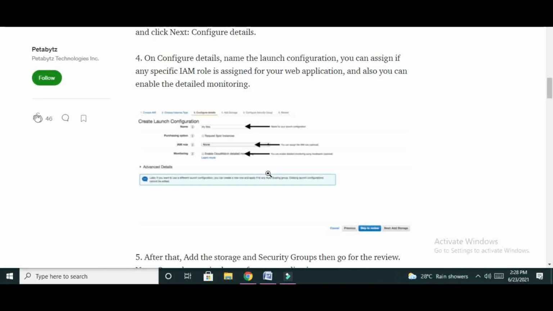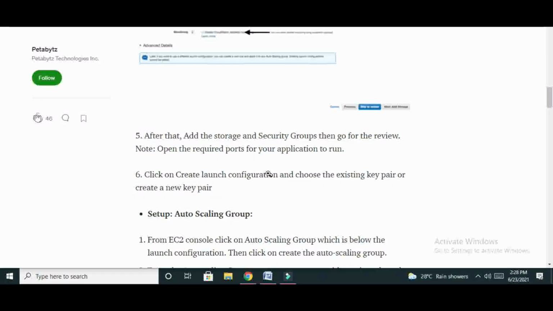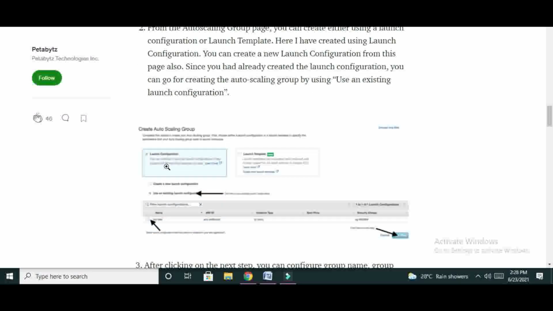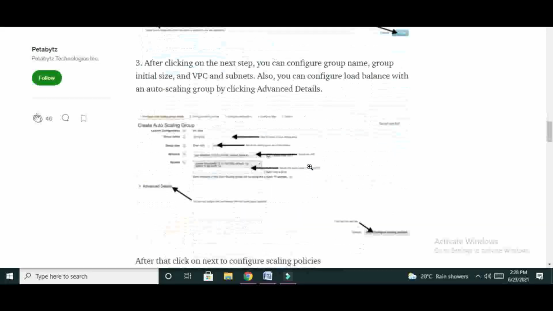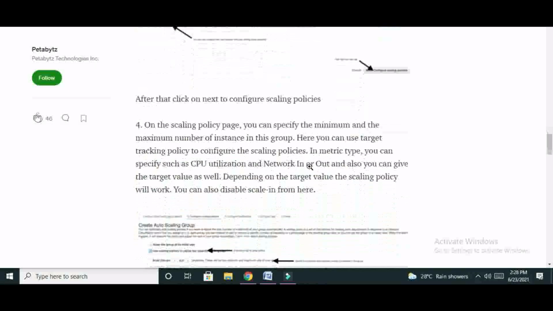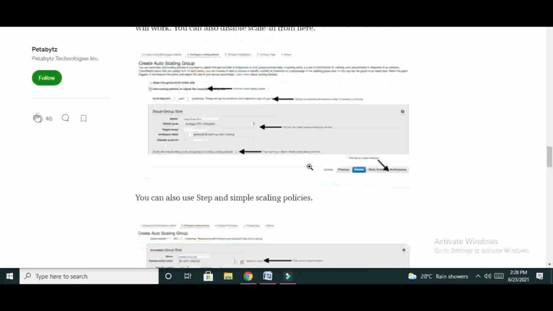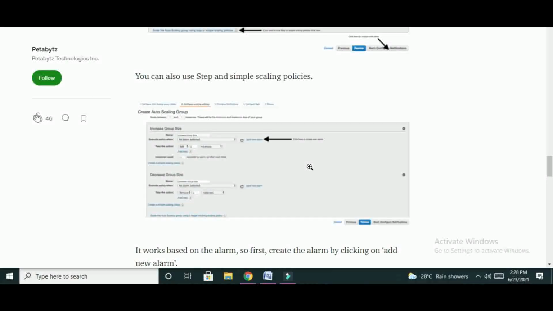Next is VPC, and finally click on create auto scaling group. So in this way we can create auto scaling group.